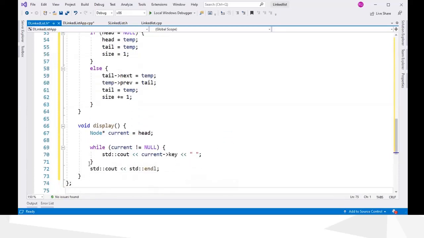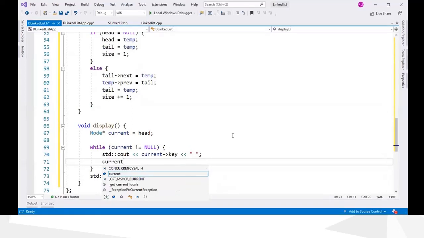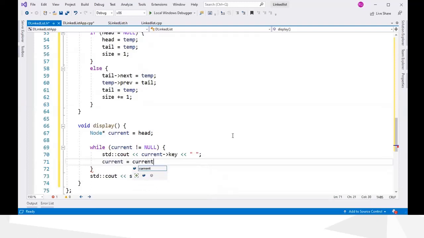Now it will only print the first node because we are not moving. So after printing the first node, we have to move the current pointer to the next node, which is current next.